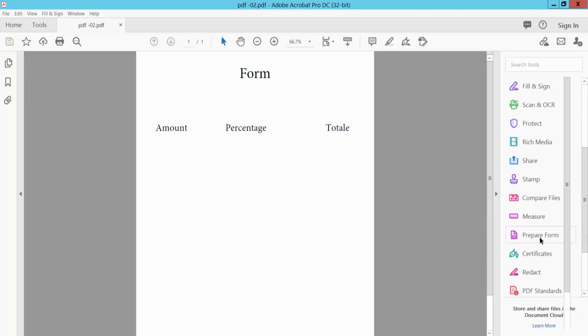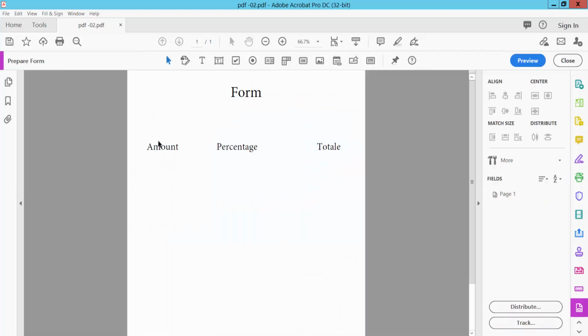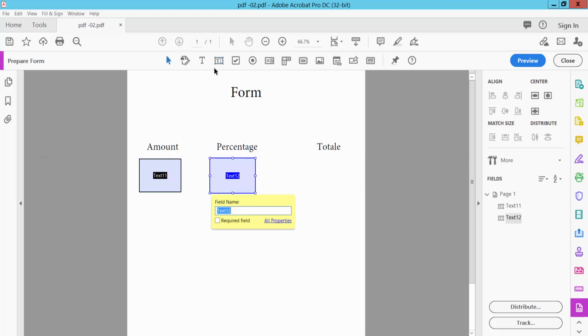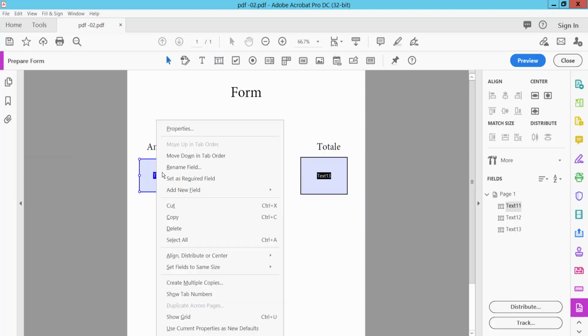Prepare Form option. Click Start. Firstly, we have to create three text fields. Click the text field icon and draw a text field. Text field, and first, the text field name,